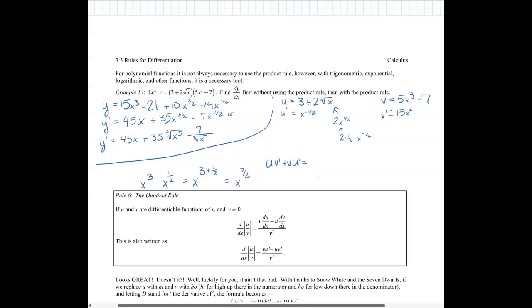Alright, so now I've just got to find this bit. So I've got u, which is 3 plus 2x to the 1/2 times v primed, which is 15x squared, plus v, which was 5x cubed minus 7, times u primed, which is x to the negative 1/2. Cool. So now all we got to do is distribute. So in the first piece, I would get 45x squared plus, what is that, 30x,